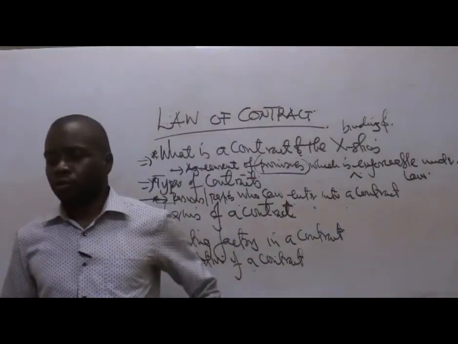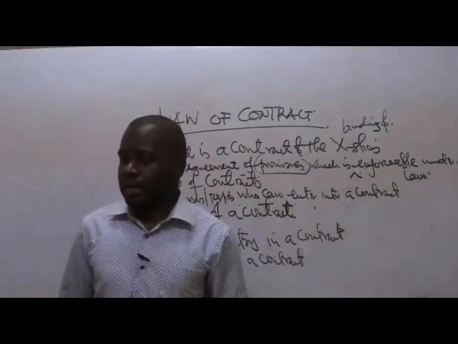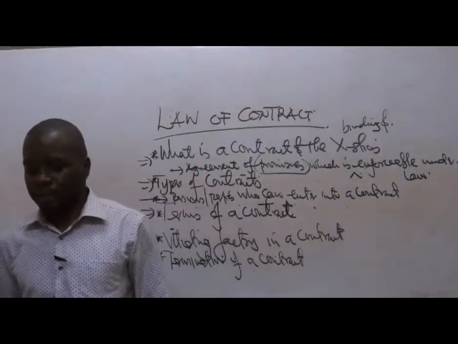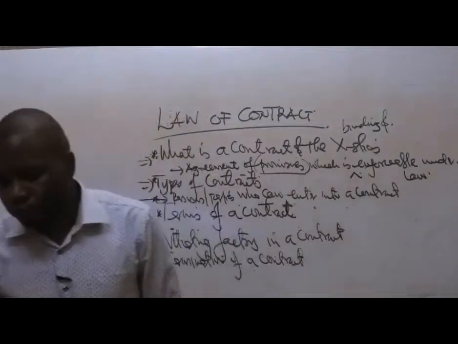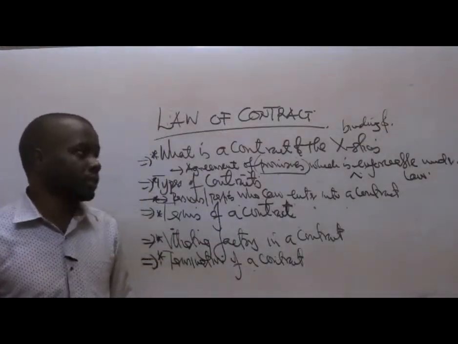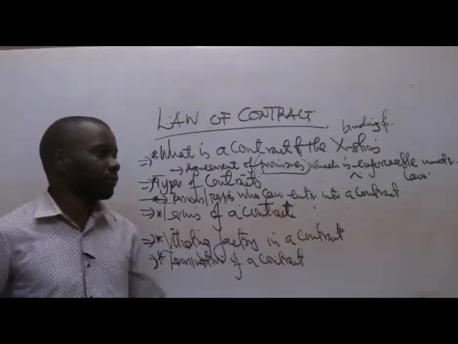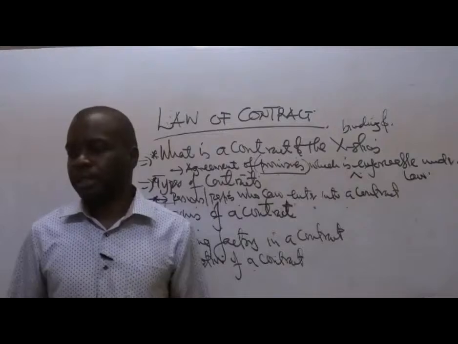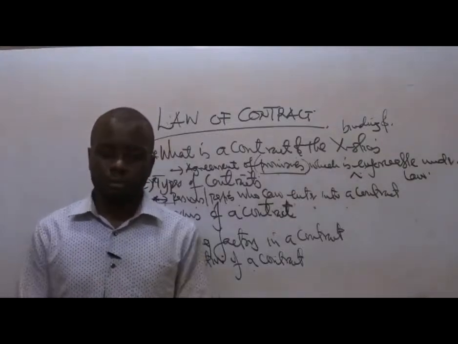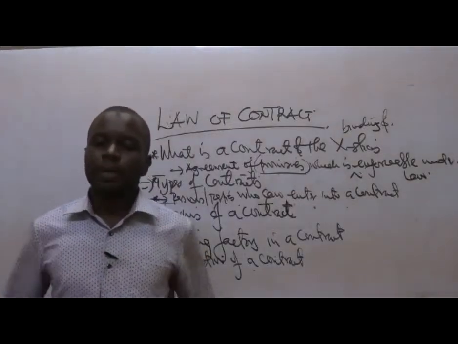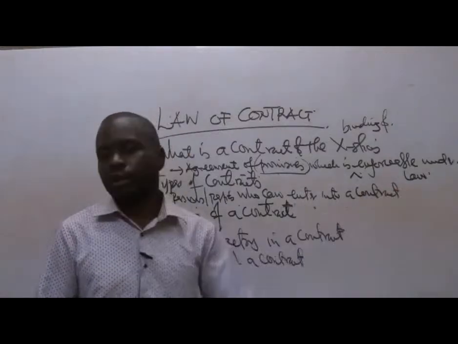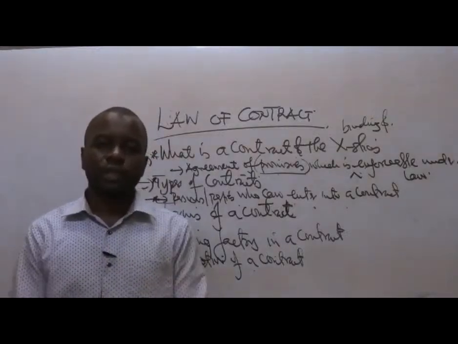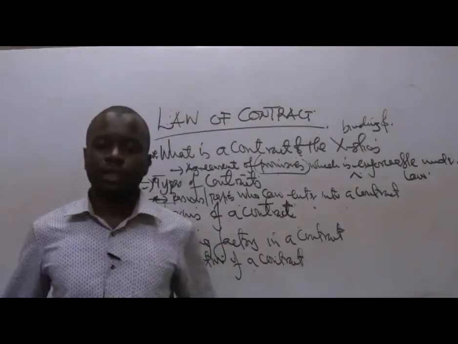So when you talk about a contract, it is simply an agreement of promises that are supposed to be fulfilled by certain parties under that particular agreement. And of course, it is enforceable under the law. This simply means that if one of the parties fails, it can be enforced under the law. Since you paid for the whole of the semester's fee, you can compel the teacher. You can take certain actions against the teacher for failure to fulfill his promise of teaching this particular unit up to the end.